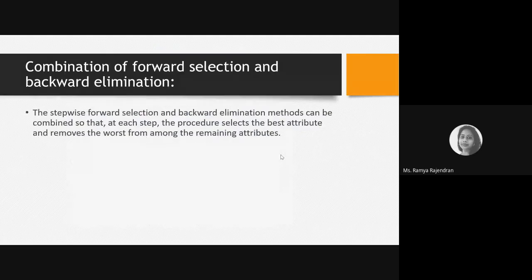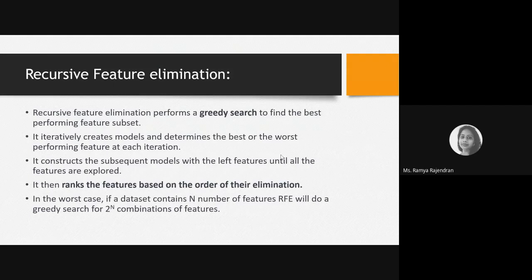Sometimes people use a combination of both of these methods. Here they add the best attribute and remove the worst one, and they do it together. Yes, that is also possible. And the next one is recursive feature elimination. This is a little complex approach,